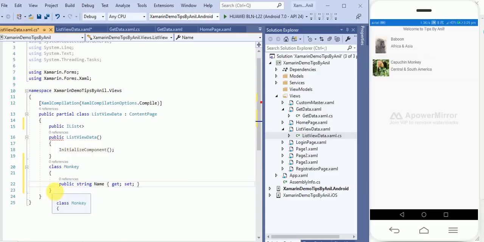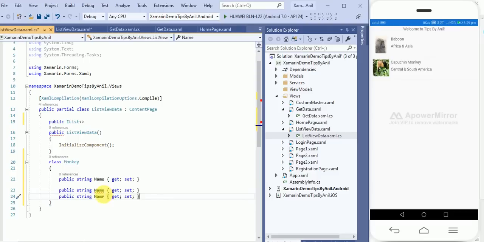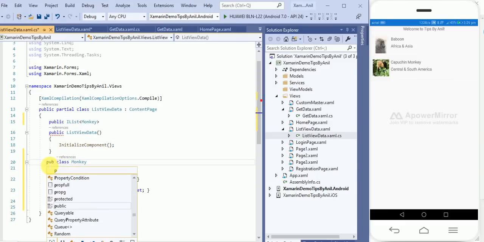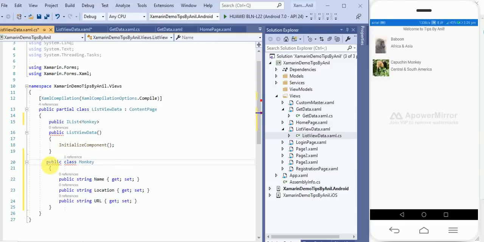Cool. Name, Location, and this is the URL. The same class I will provide over here.